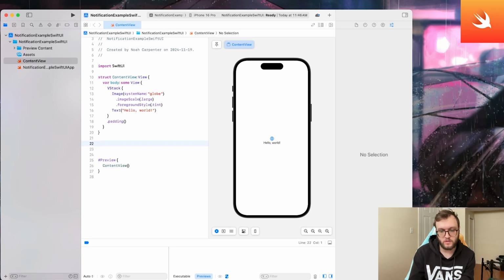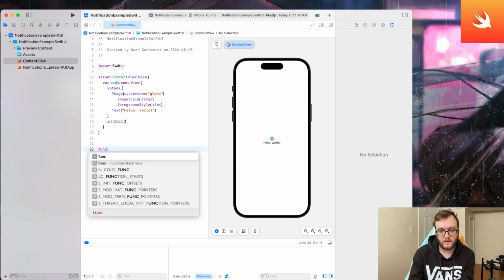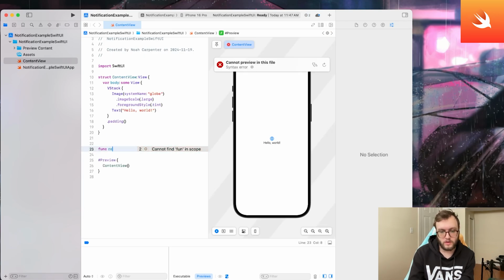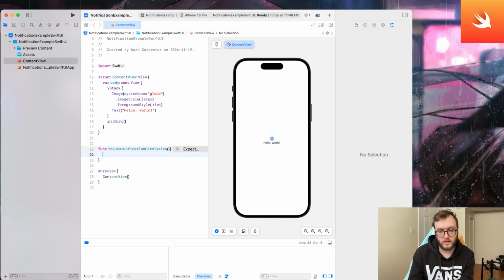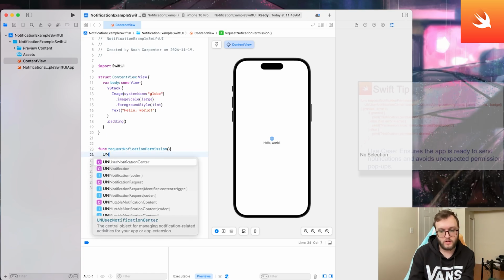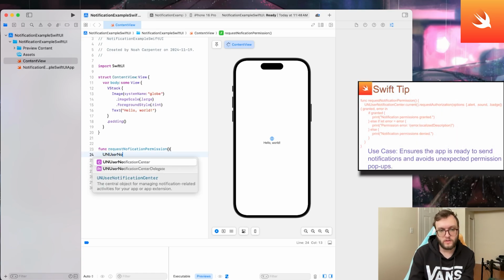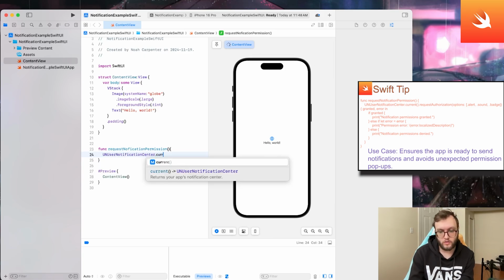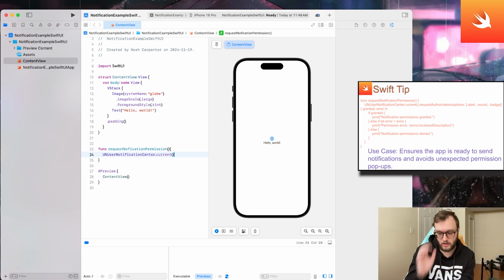So outside of the strip, right above our preview, we could say func request notification permission. We don't need to have anything within those parameters. We're going to add a brace here. And we're going to say UNUserNotificationCenter.current. I'm going to use the autofill feature there, so current with empty brackets. Then we're going to say dot